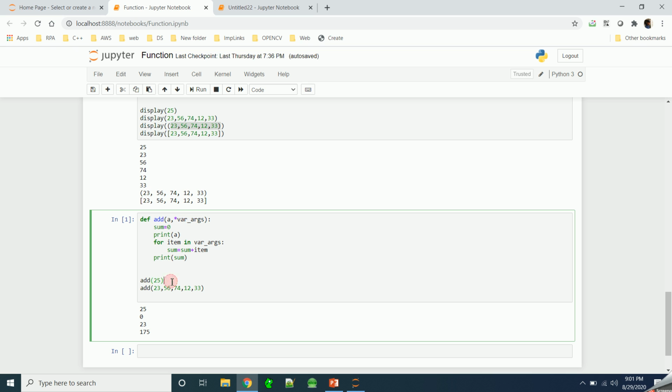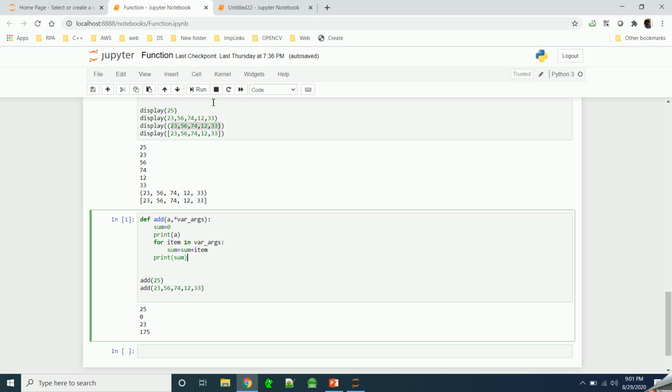If you see here, we are just passing one value. So this a will have the value of 25, and this variable length argument will be empty. But in this case, we are passing 56, 74, and 12, 33. So 20 will be considered for a, and the rest of all these values will be considered for the variable length argument.